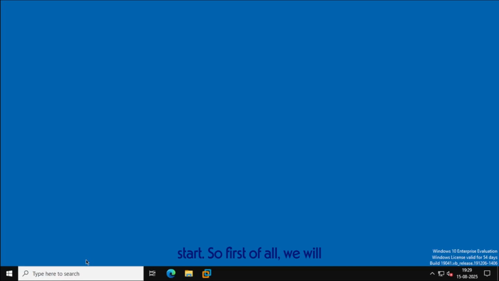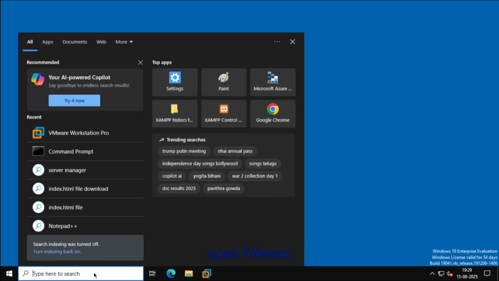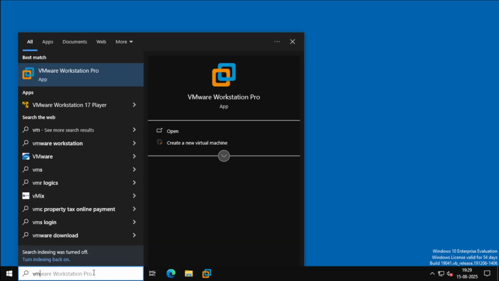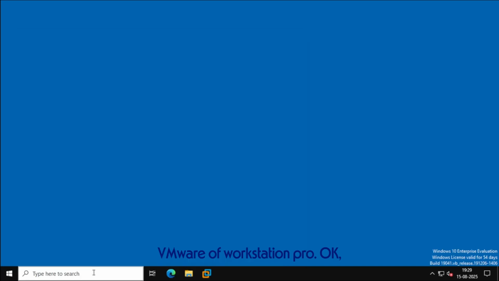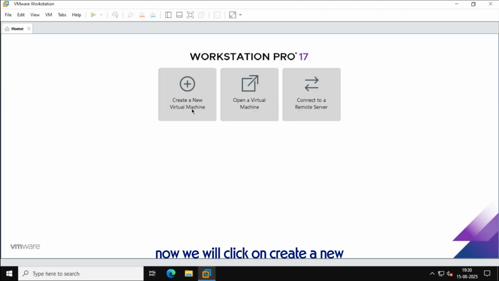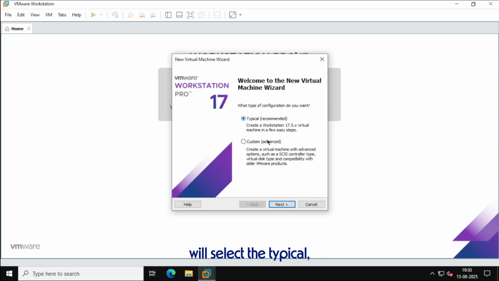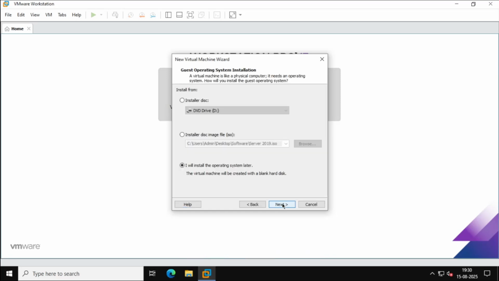So first of all, we will open VMware Workstation Pro. Okay. Now we will click on create a new virtual machine. Now we will select the typical that is recommended. Now we will click on next. Now here we will select the I will install the operating system later, because if we select the ISO version,